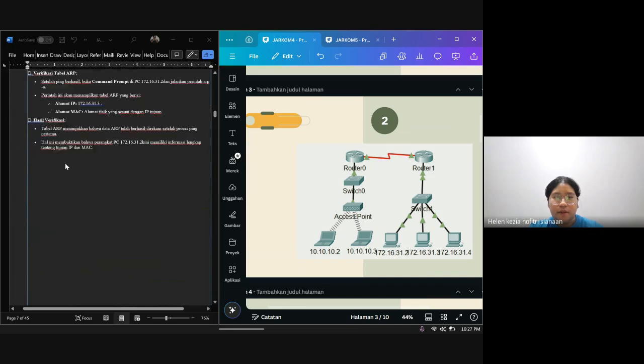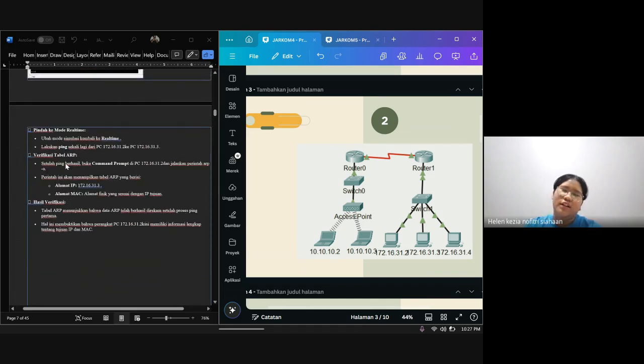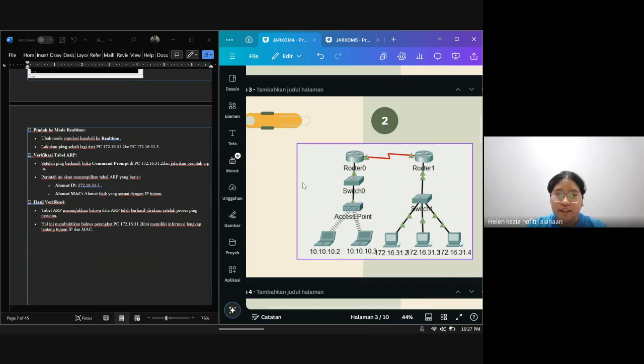At the end of the verification, the ARP table shows us that the ARP has been recorded from the first ping process, and then it claimed the PC 172.16.31.2 right now already has the complete information about the AP and the MAC.